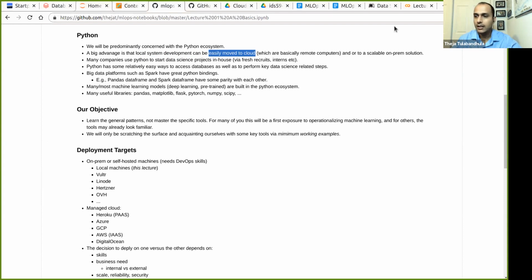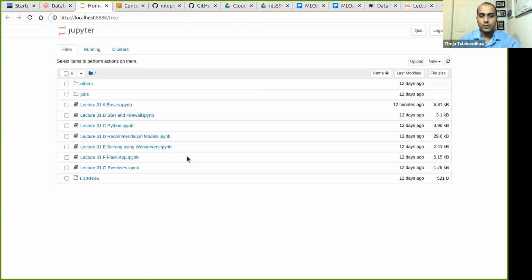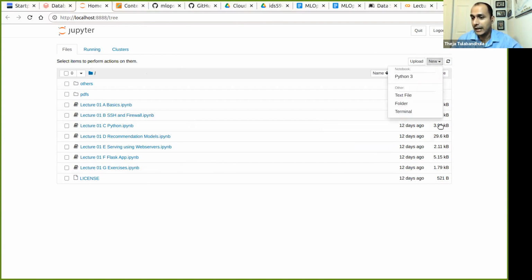So let me show you how to do that in real time, because there's a question here. Yeah, so we are jumping a little bit ahead. So where did I get this? Don't worry about it. So you can get the documents from GitHub either using a terminal or just using